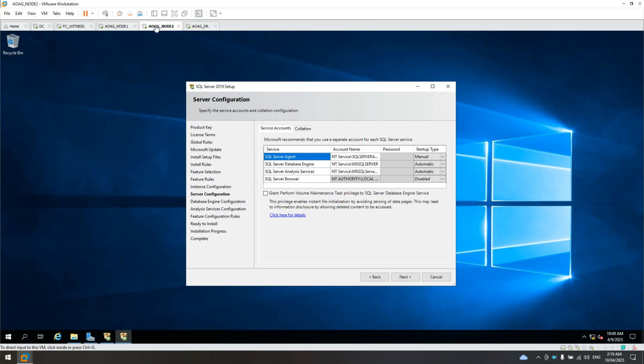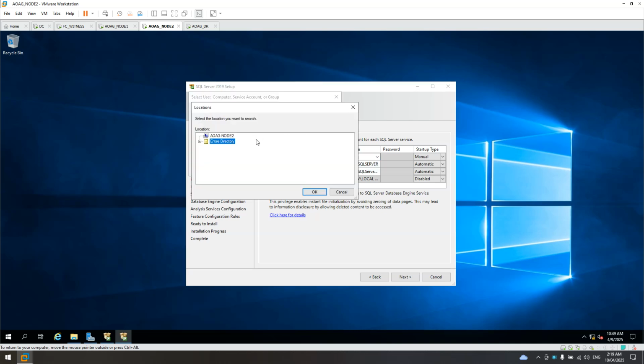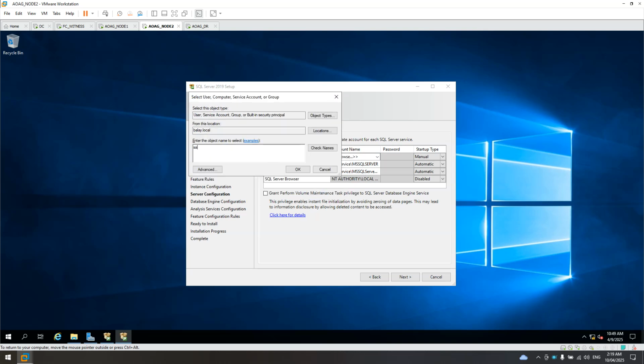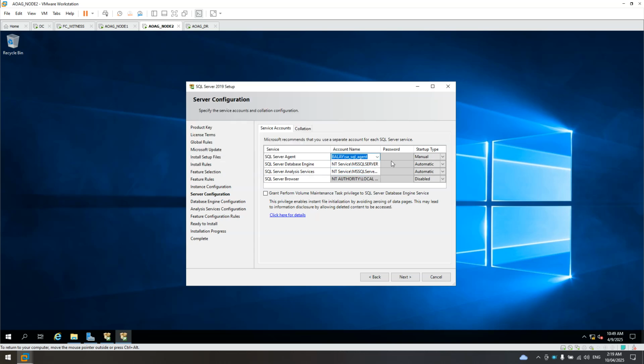Then do the same thing with AAG Node 2. For SQL Server agent, click browse, look for the SA service account SQL agent. That's it. Then type in the password. Then set the database engine to automatic.